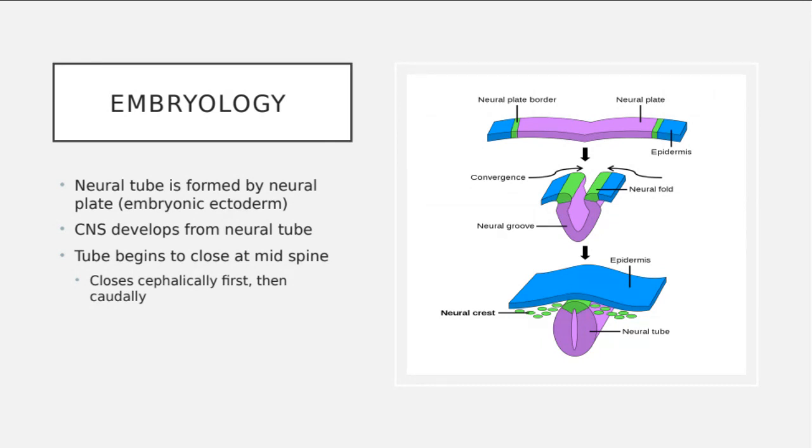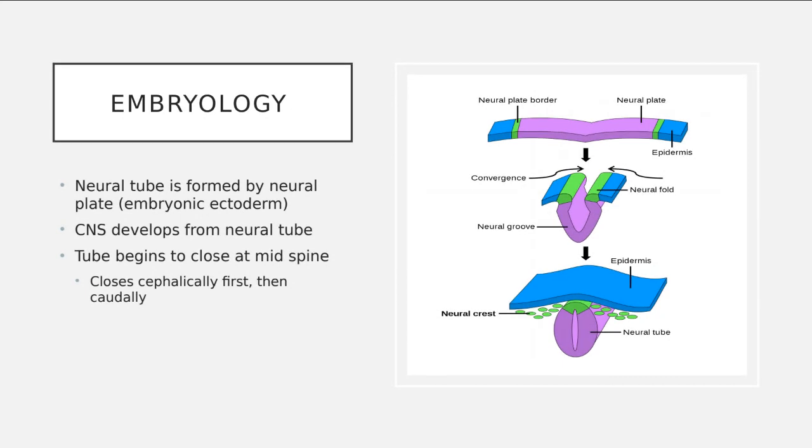So throughout that entire tube, they're going to fuse at different times. The fold is going to close at different times. It's going to close at the mid portion first, and then it will close cephalically, and then it will close caudally. So we're going to fuse that fold together right at the mid region of the tube, then we're going to fuse up at the top, and then we're going to go back down and fuse to the bottom. Now this is going to be really important when we come back to spinal defects,